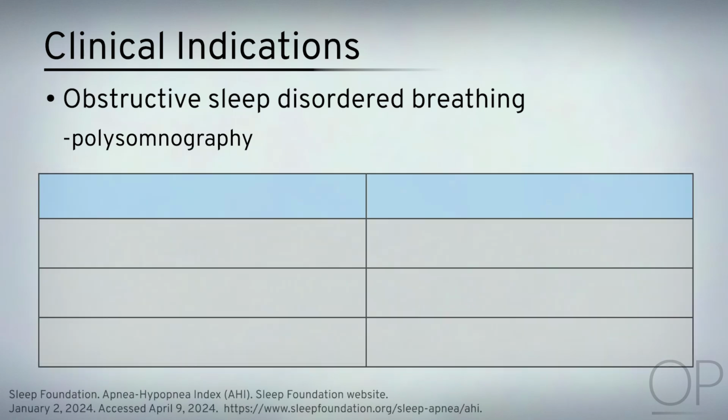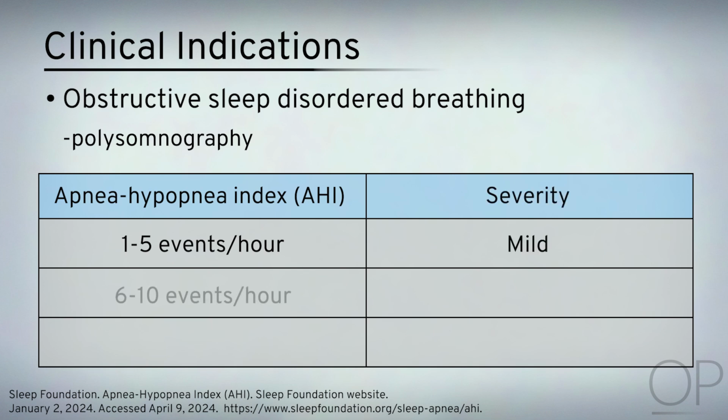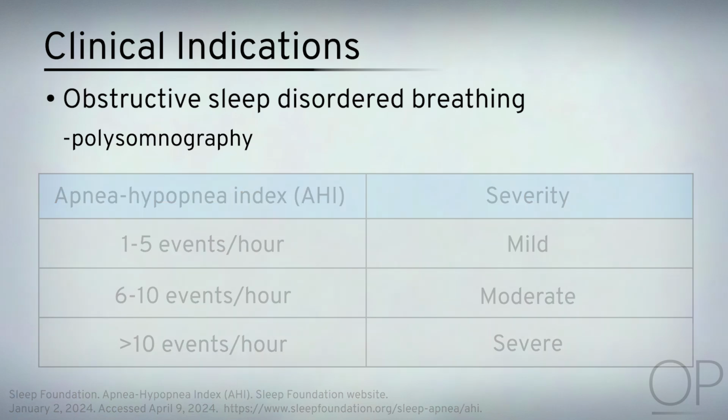The severity of obstructive sleep apnea is graded based on the number of hypopneas and apneas that the child has per hour, also known as the apnea-hypopnea index, or an AHI. A child with an AHI of 1 to 5 events per hour may have mild sleep apnea. A child with an AHI of 6 to 10 events per hour may have moderate sleep apnea, and a child with an AHI of greater than 10 events per hour may have severe sleep apnea. This diagnosis is common in children and is important to recognize as it can result in a range of cardiovascular and cognitive comorbidities if left untreated.